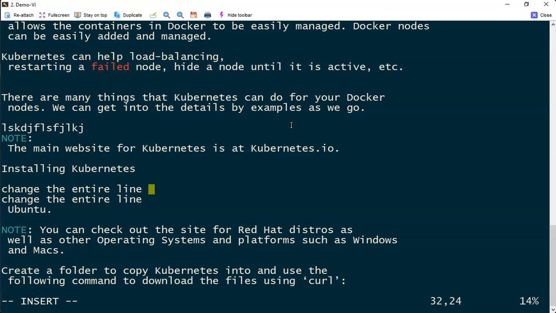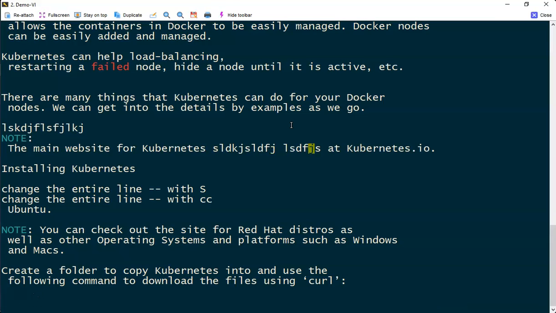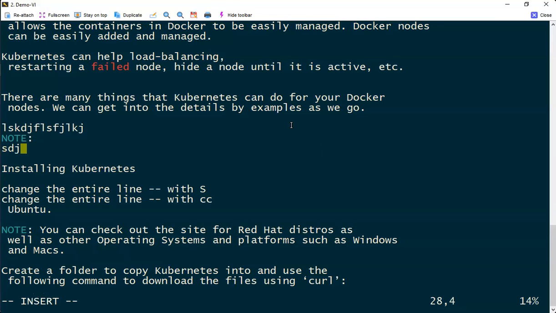So this is with uppercase S and this is with CC. There are two ways that we can do these operations. So just to repeat, S is to substitute a character and Shift S is to change the entire line, and CC is also changing the entire line.